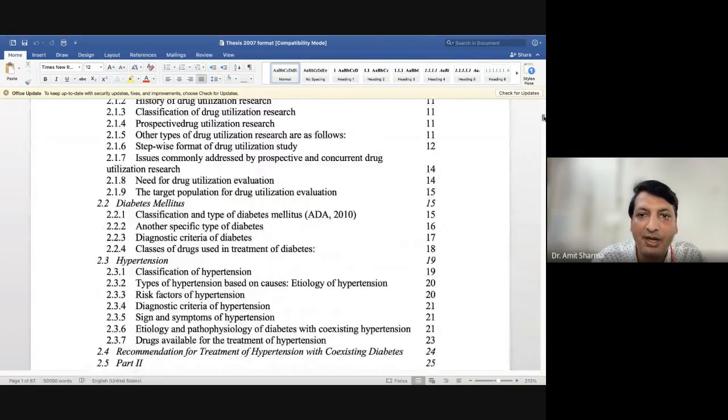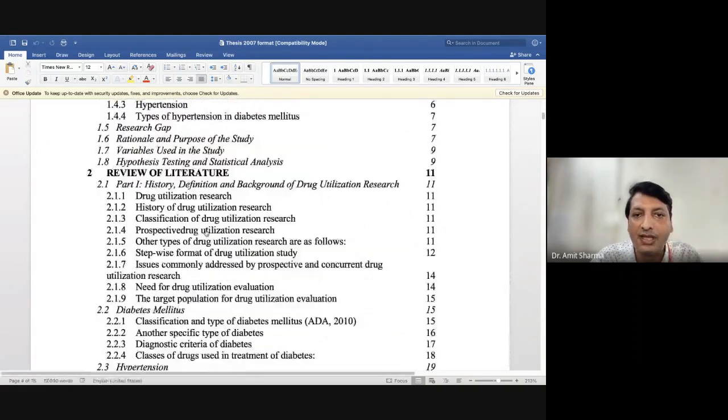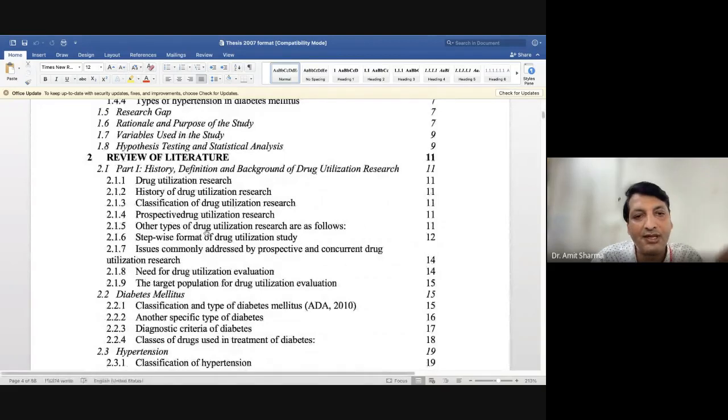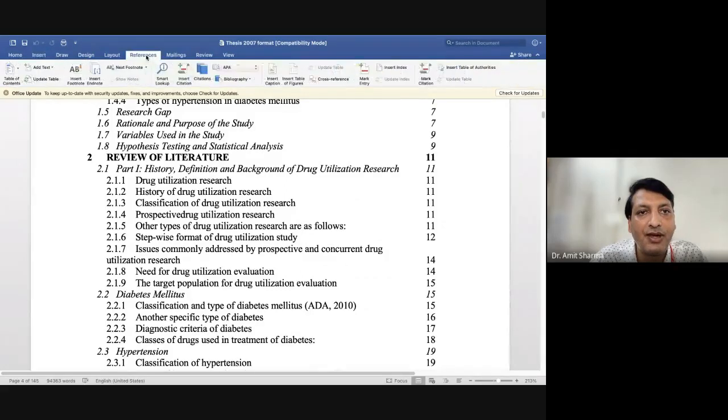I have not made these lists. I was writing the thesis, and I gave numbering in each chapter. Once I finished the writing and was ready to bind my thesis, that day I generated the list of contents and list of tables, which you find under the option called References.